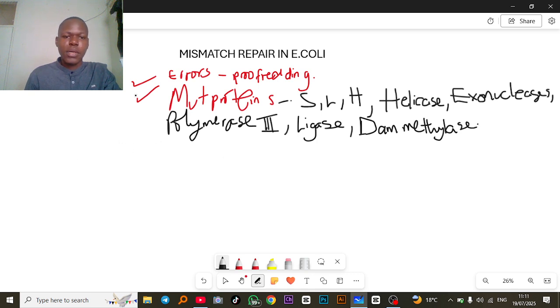So another point we need to take note of is the steps involved. So there are about, personally I've found about five main steps, and then we must know the principle on which it works. So the principle on which it works is by recognizing unmethylated strands,